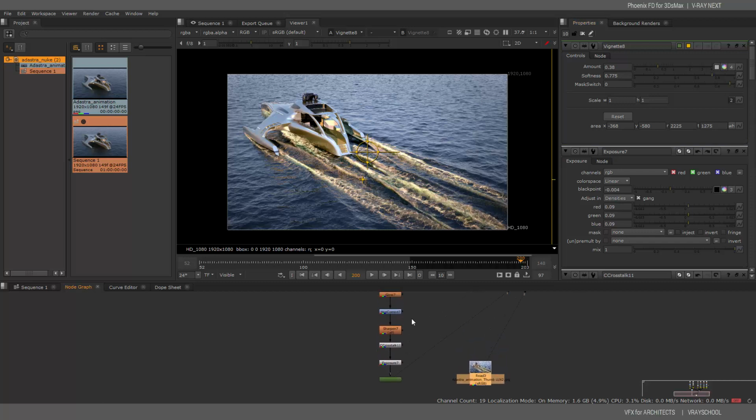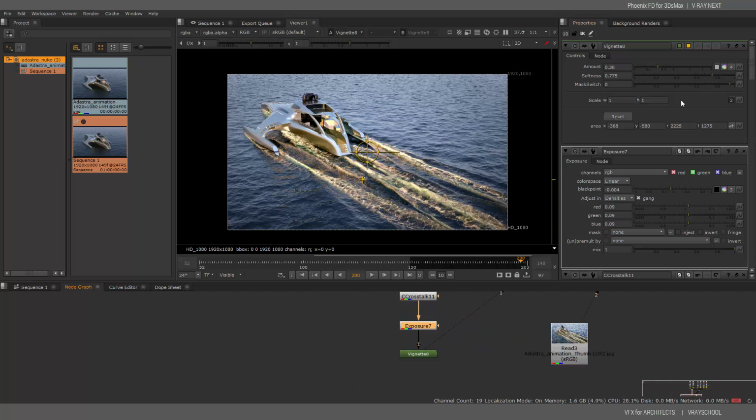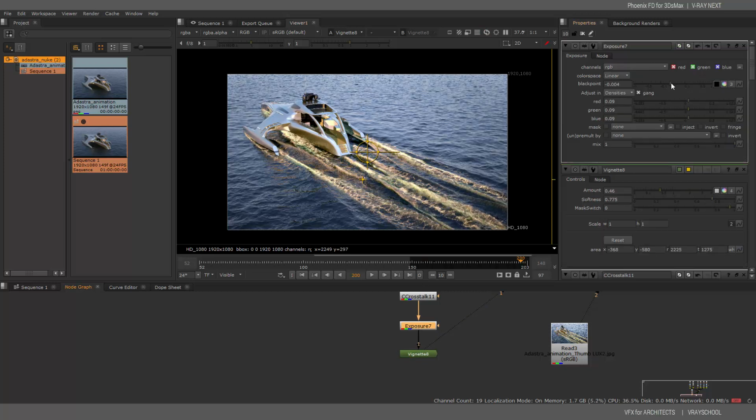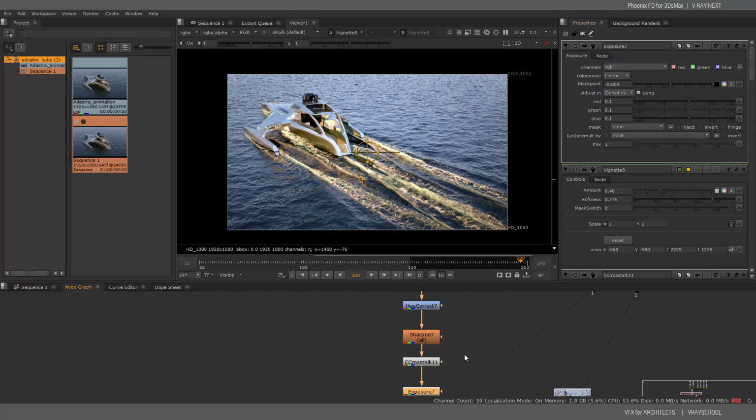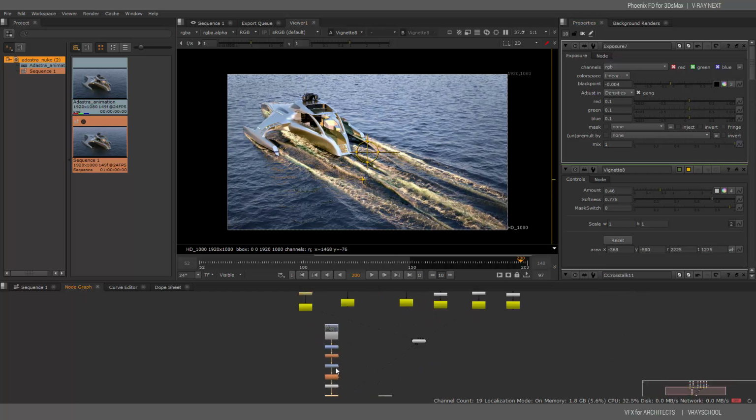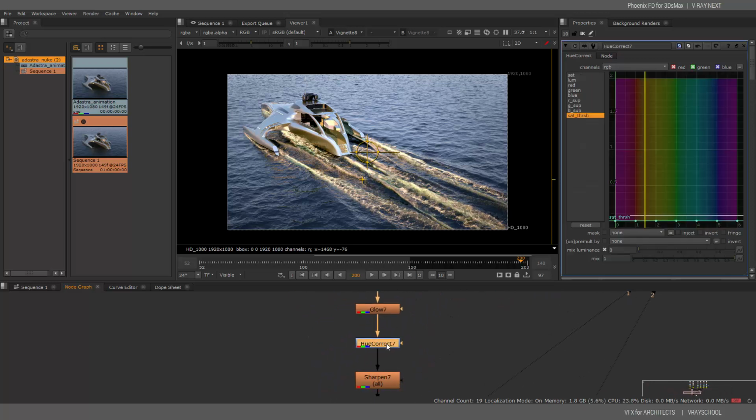And maybe we can bring a little bit more exposure up. Now, if you try to do something and it doesn't go, the best way is to go back and try to